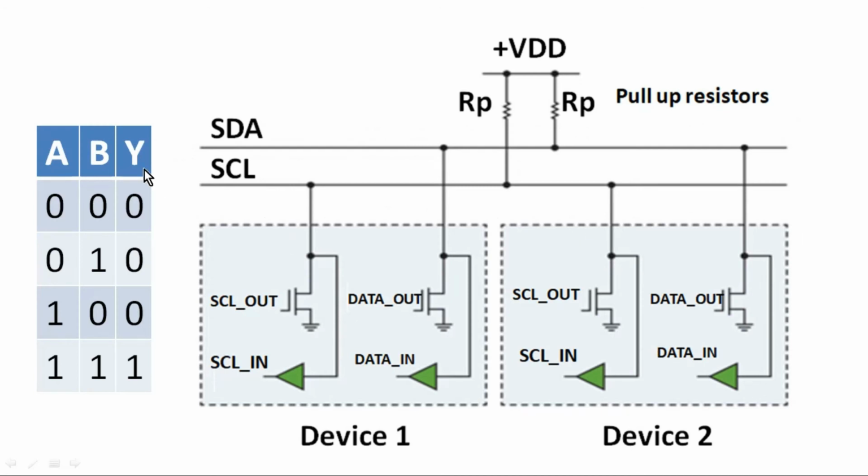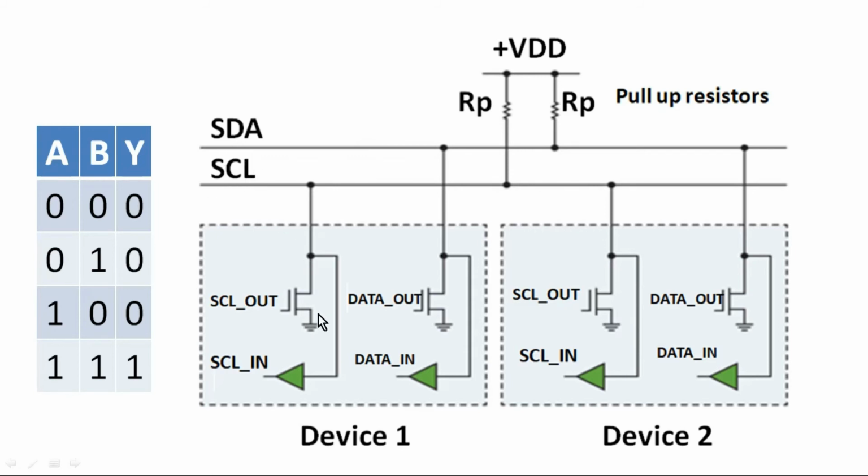As per the truth table of an AND gate, the output goes high only when both the inputs are logic 1. Otherwise, it remains logic 0 if either of the inputs is logic 0. Now let us try to see the same behavior in I2C protocol. As we discussed earlier, all the devices in I2C protocol are connected to the same two lines, SDA and SCL lines. Now let us take our focus on one particular line, let us say the SCL line.